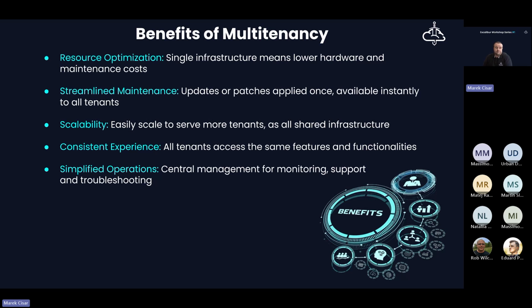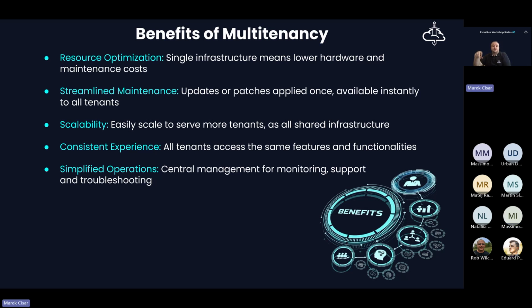Second, maintenance becomes much easier because in a multi-tenant application we are talking about just one kind of infrastructure and a single application instance.